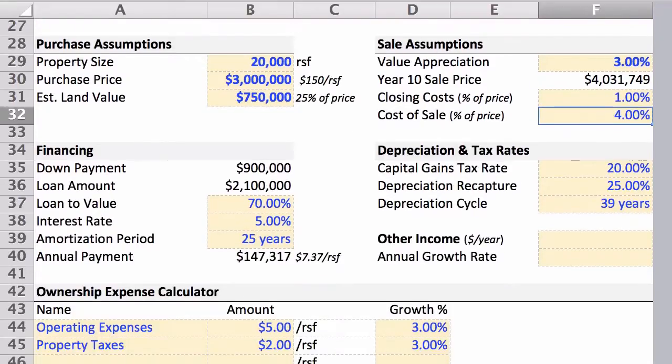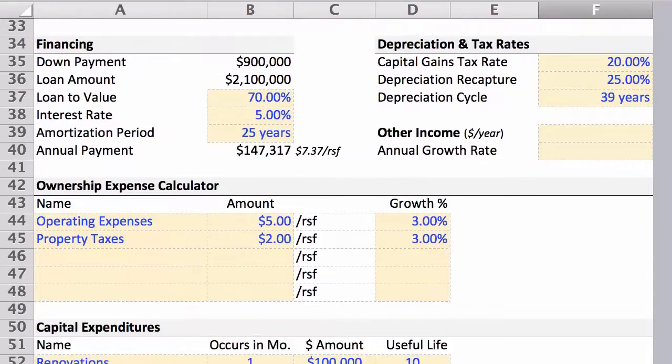In addition to these assumptions, we're able to input any financing available at the time of purchase, and in this instance we've selected the loan to value of 70%, an interest rate of 5%, and an amortization period of 25 years. With that information, we've estimated the annual payment to be